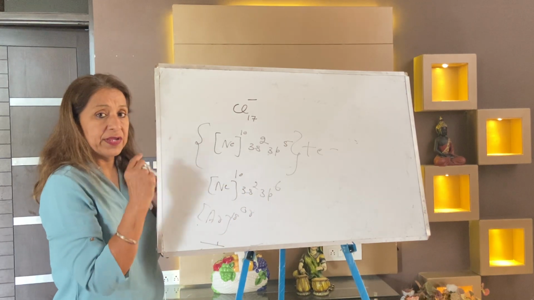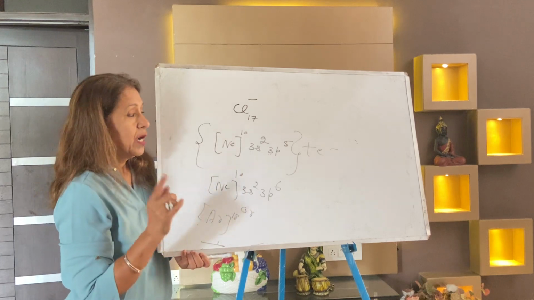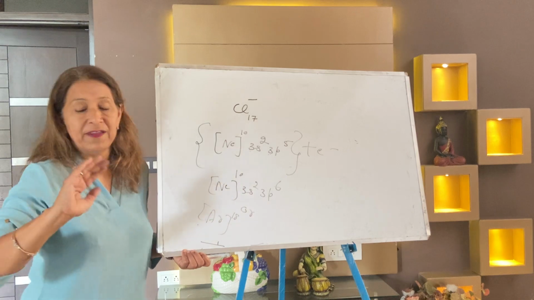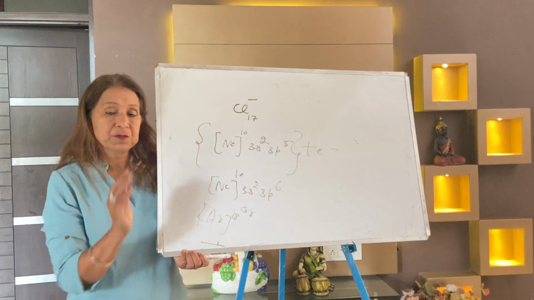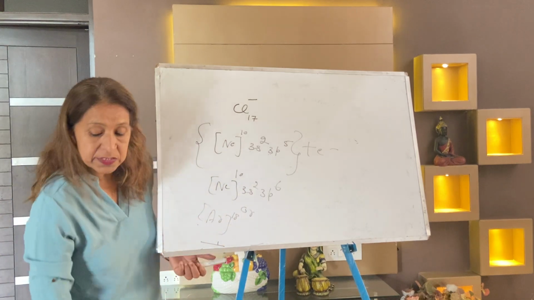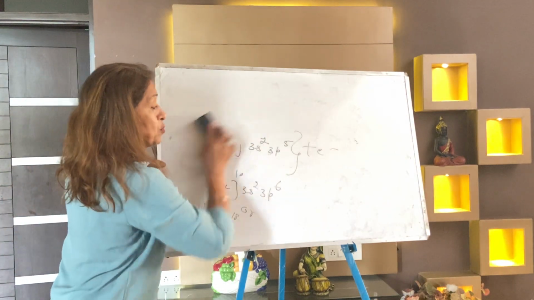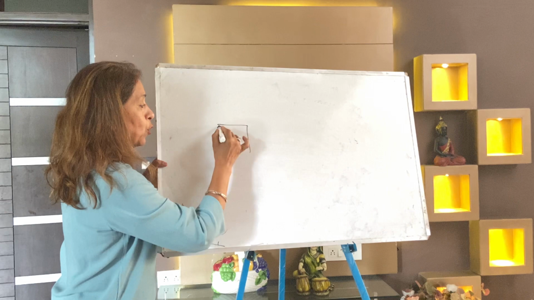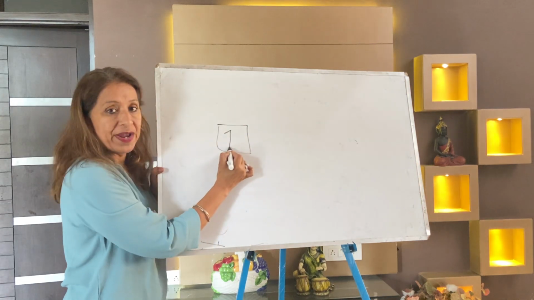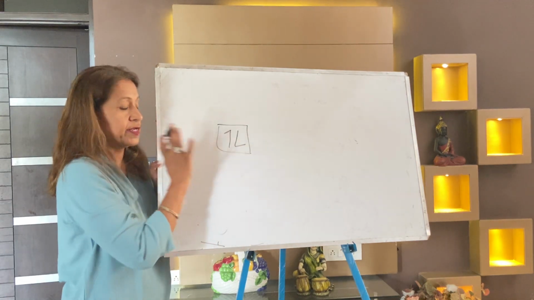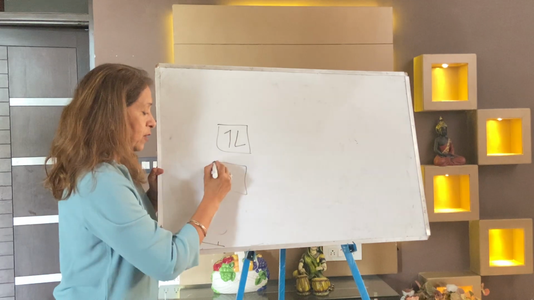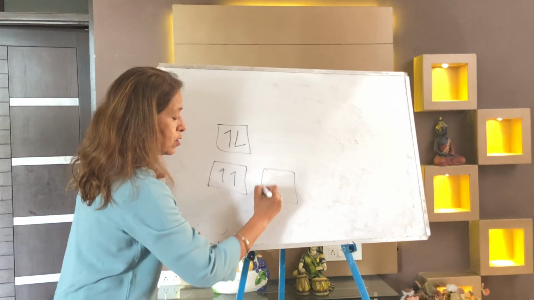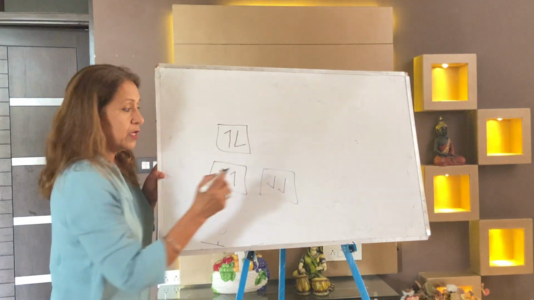So again, I am repeating. After that, I will take one question. Dear students, we fill electrons under 3 rules. The first is Pauli's principle. Listen to me carefully now. According to Pauli's principle, in an orbital only 2 electrons are filled, one this way and one this way. Dear children, this is wrong, and this is wrong.